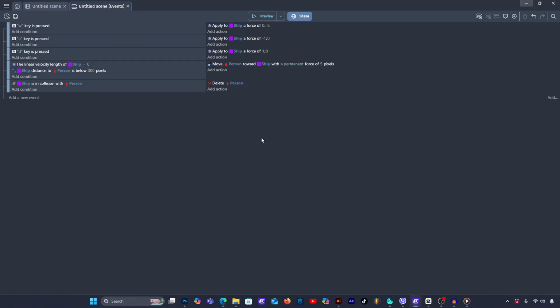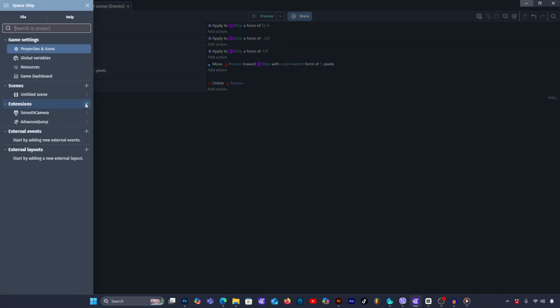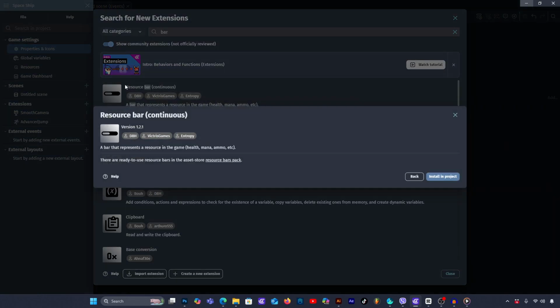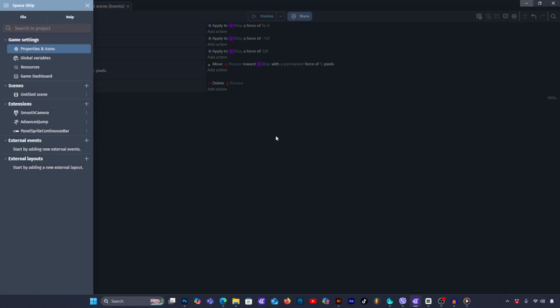Cool. Okay, so the next thing we need to do is to add a counter for how many people we have collected. We're gonna use a progress bar for this. So in order to do that, we're gonna install another extension. We just go to the menu, extensions, add, search for bar. I have it here already, but let's just type bar, and we choose resource bar. With this extension you can count how much health you have, mana, ammunition, and show it visually on a progress bar. So let's install it to a project, close,